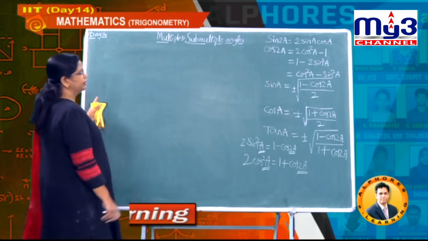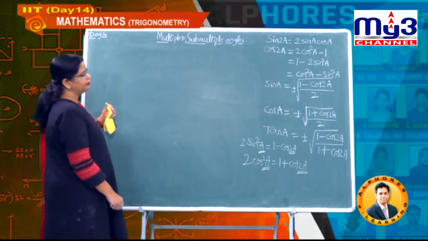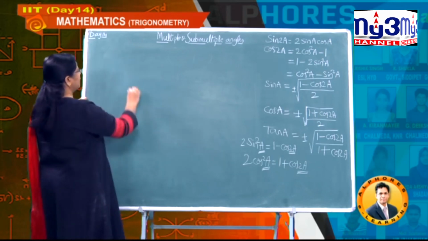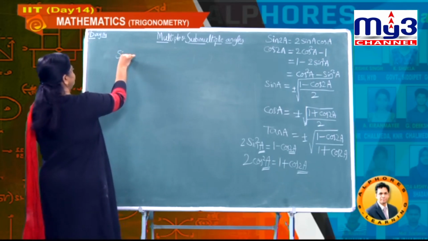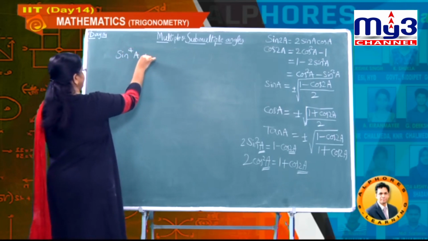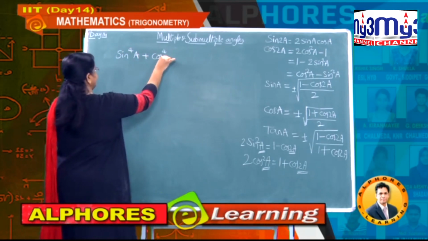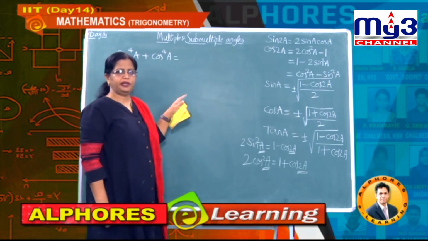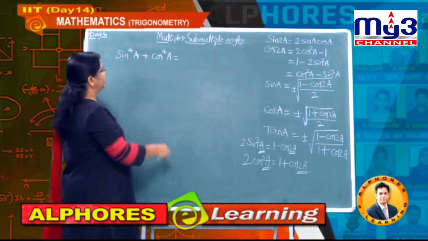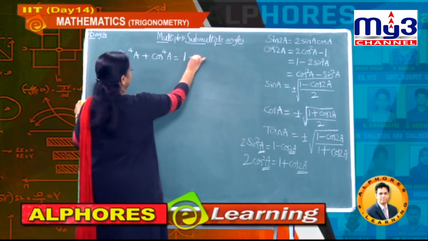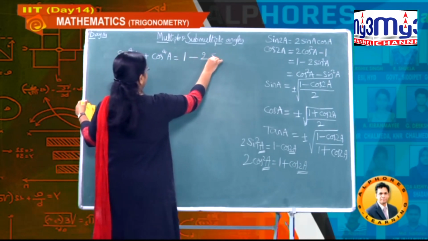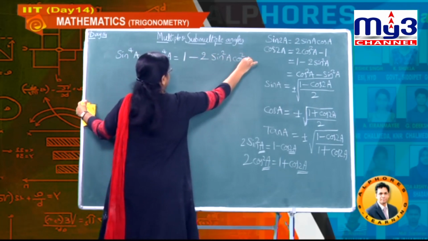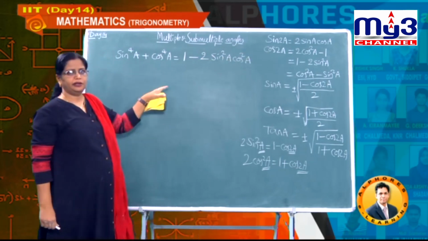Now students, again some deductions from the same kind of formulae. Earlier you know about the value of sin to the power of 4A plus cos to the power of 4A. Understand? From where you got this one? In identities long back we deduced this formula, and that time we deduced it as 1 minus how much? It is 2 times sin square A into cos square A. So this is the deduction you got earlier.